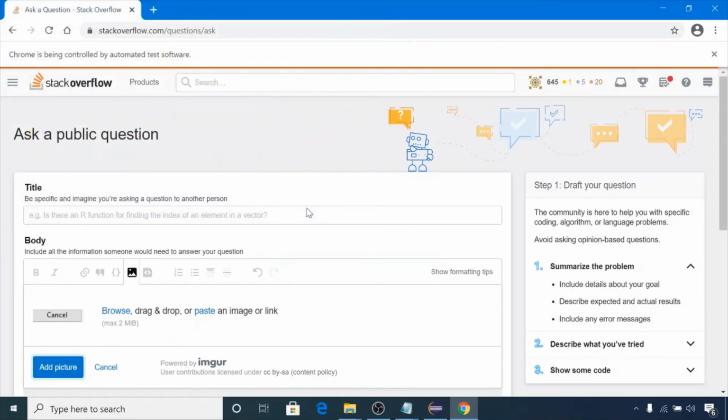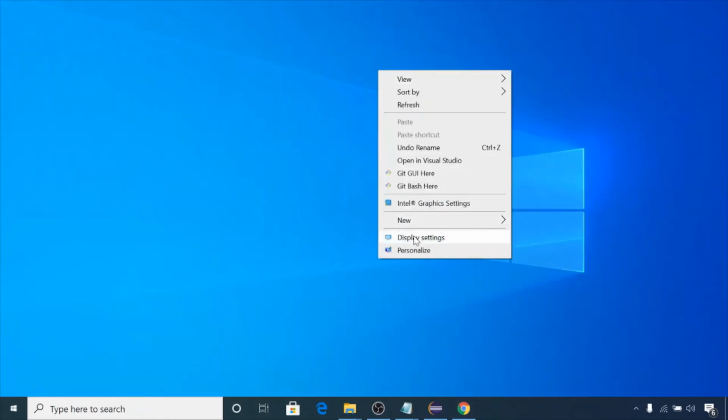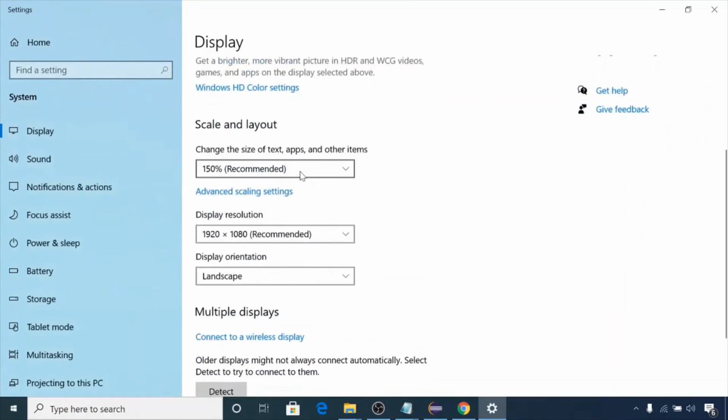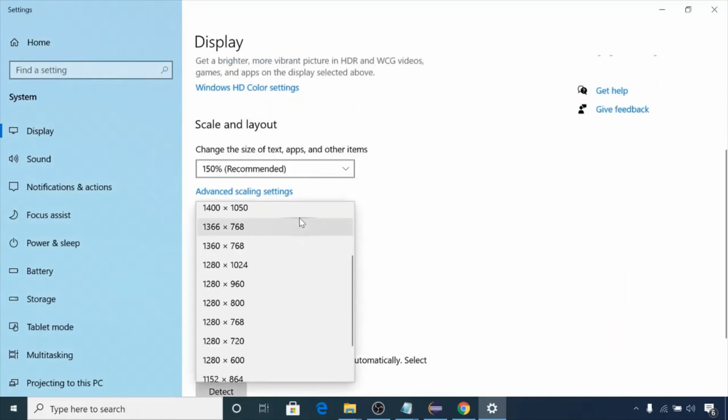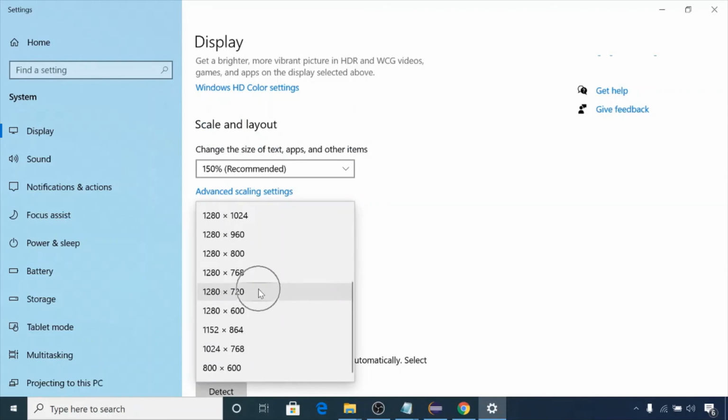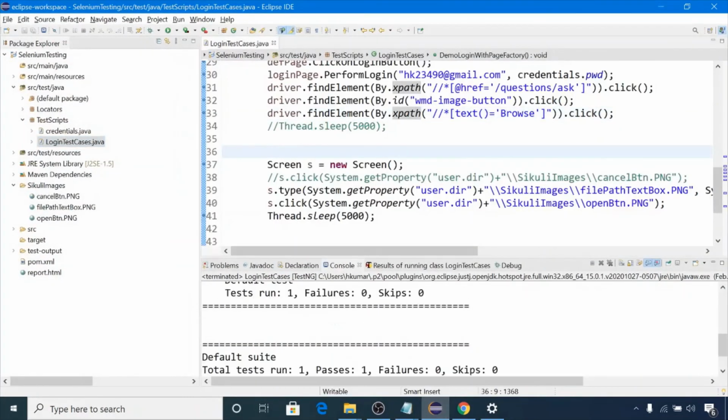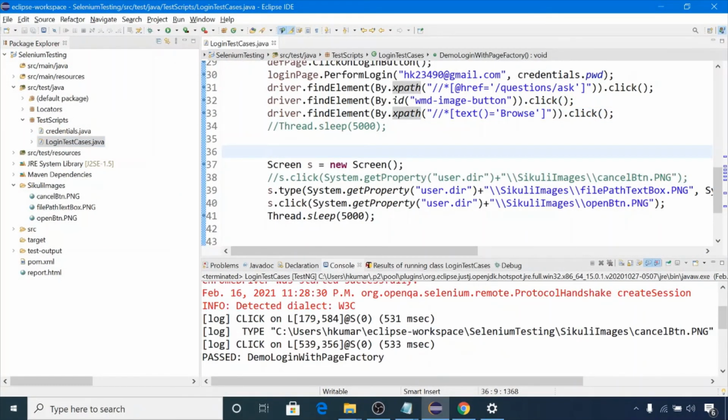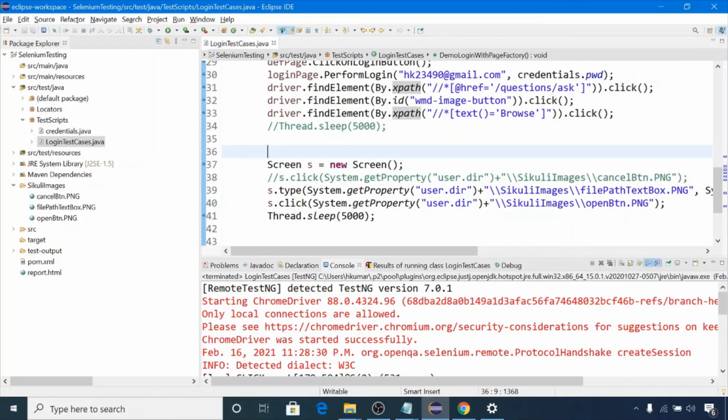That means to capture screenshots we need that resolution, and after that you can restore your resolution to the original one. So the required resolution is 1280 by 720. You can see it from here also.